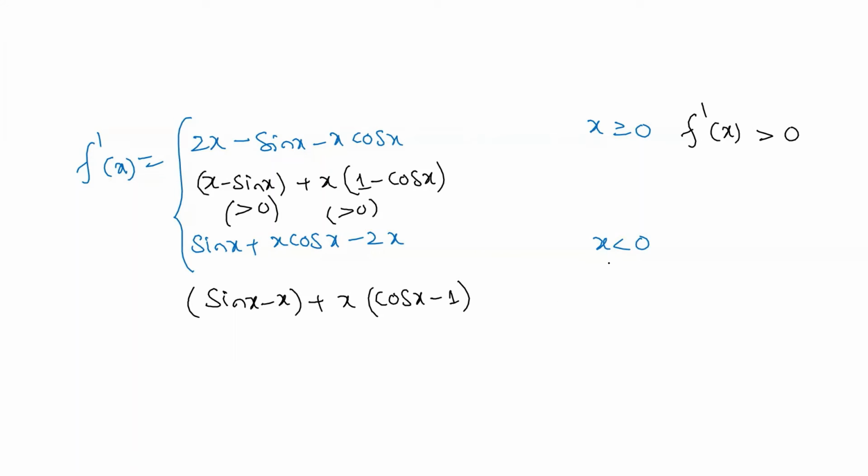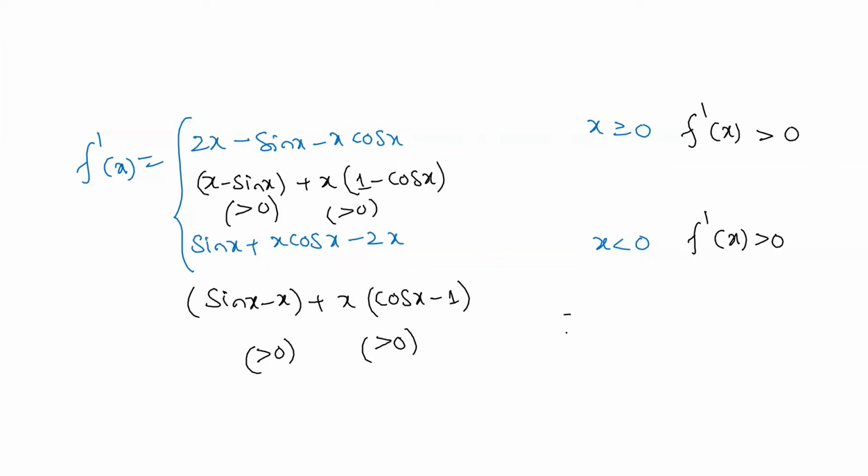Now one thing that you have to observe here: x is negative. So cos x minus 1 is going to give you a negative value, because cos x is always smaller than 1, that we know. In some cases it is equal to 1, then it becomes 0, but in all other cases cos x is smaller than 1. So this is negative, but we are multiplying with a negative, so ultimately this is also a positive value, or you can say greater than or equal to 0, that is also fine. Similarly, sin x minus x: as you can see, x is a negative value here, so in that case sin x is going to be bigger than x, so this is also a positive value. So ultimately, in this case also, we got f dash of x greater than 0.